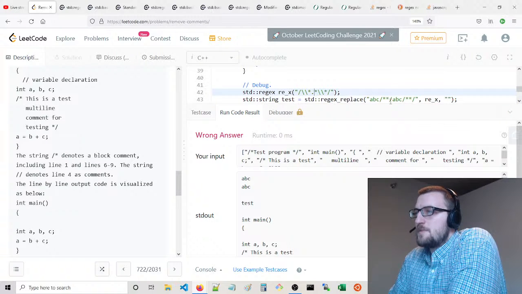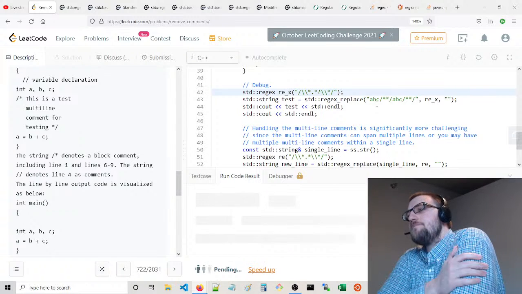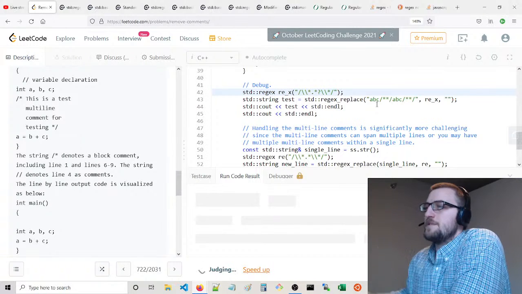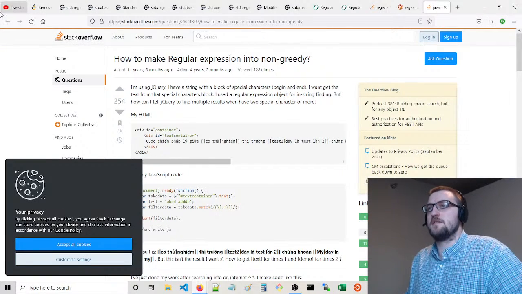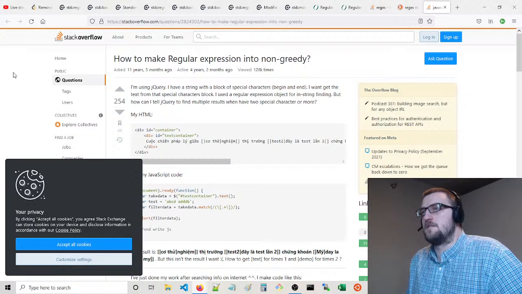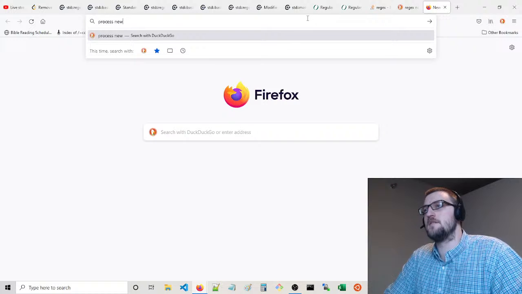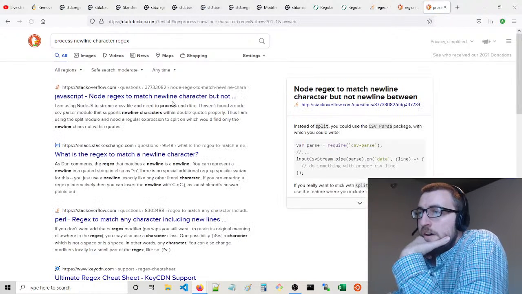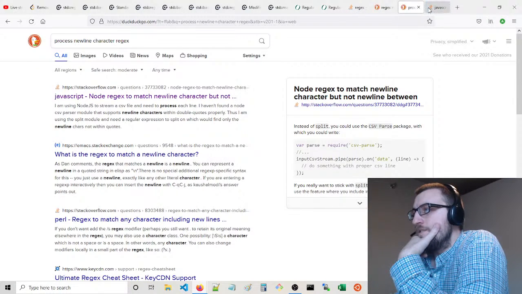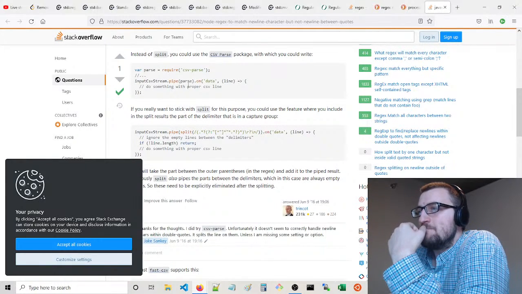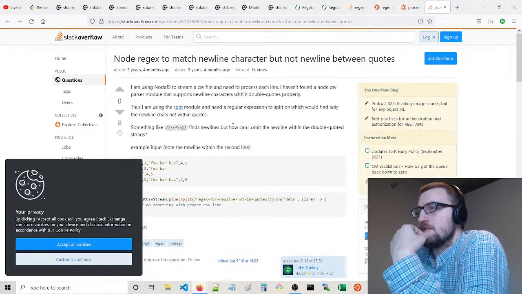We can make this non-greedy. Start with that, let's see what happens. But right, that new line character basically doesn't get processed as a character. So how do we process new line characters? That's actually not really what we're looking for.